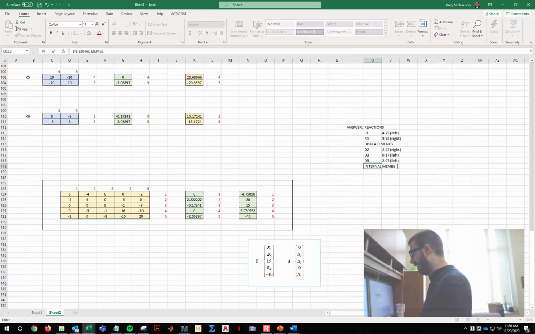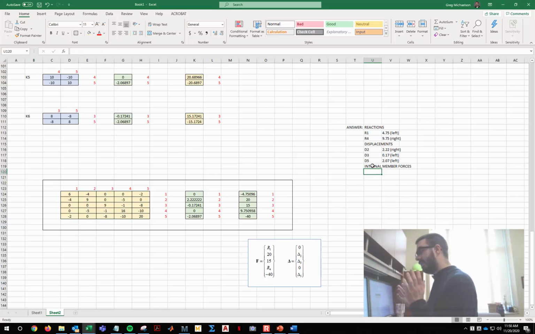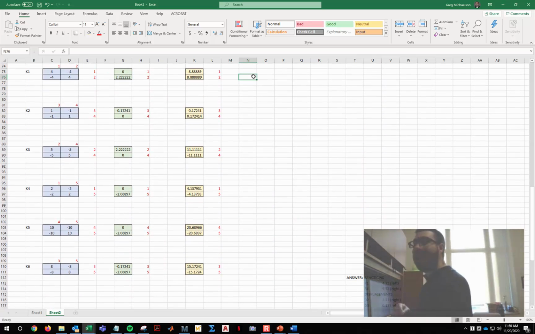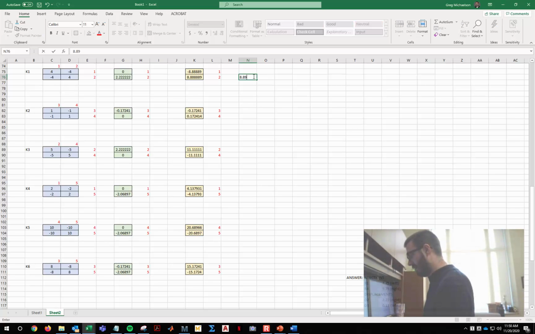I don't know why I copy and pasted that. And so there are 6 members in this system, so M1, M2, M3, M4, M5, M6. Okay, and so remember, a secret or a quick way of doing that is we can just look at the last number. So this is 8.89 in tension. This is 0.172, 0.17. This next one, here, I'll just move this up here. This next one, the second number is negative, so that's 11.1 compression,